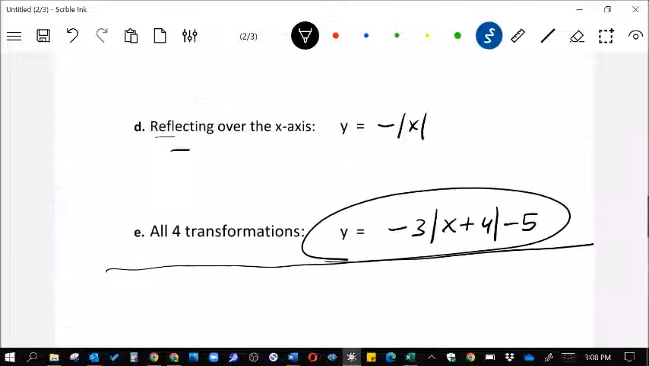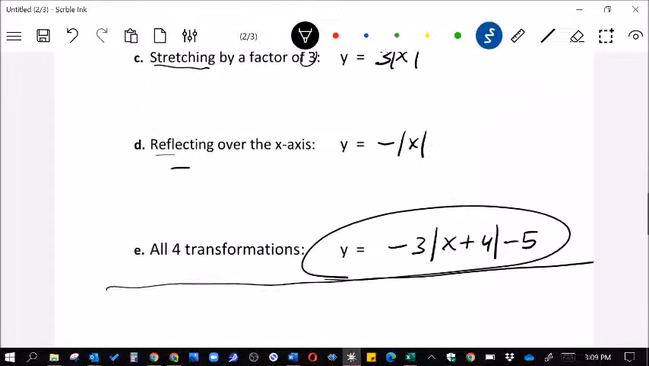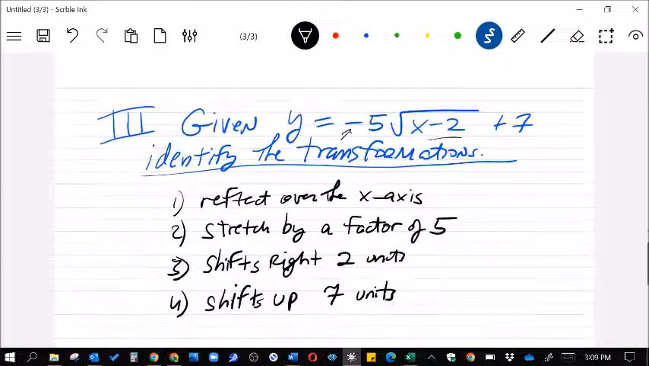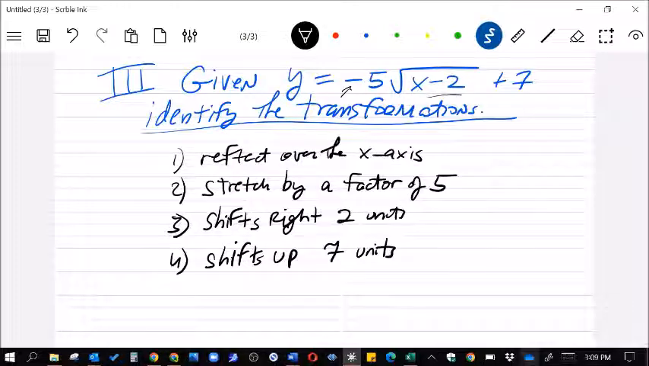So in this problem, you take each of the types of transformations and make the equation. Here you take the equation and pull out from it the types of transformations. I hope that helps with